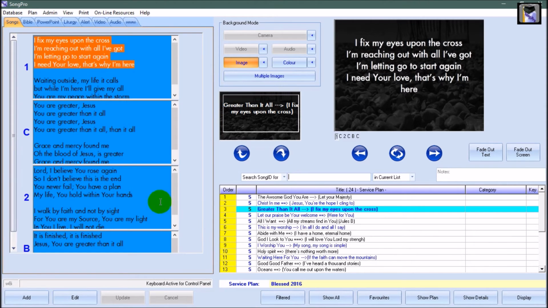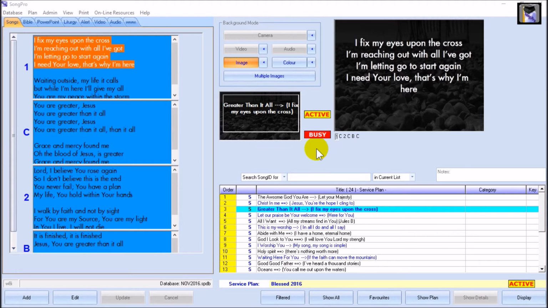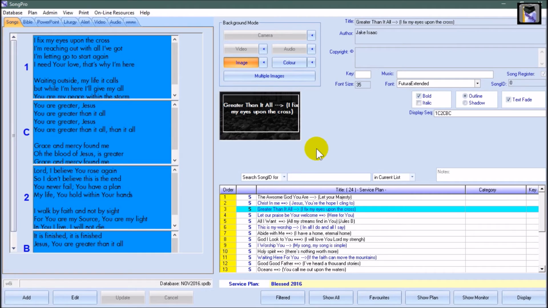So what you need to do once you've used this scroll bar here is bring your arrow down to keyboard active for control panel and left click. Now that changes back to keyboard active for display commands. You can use your arrow keys once again to move through the display sequence. When you're in display mode, to exit display mode, back to your main control screen, press escape,